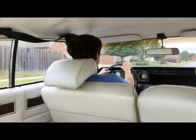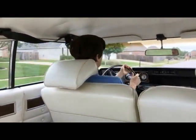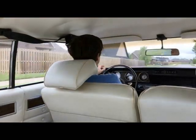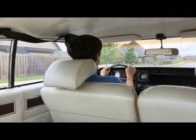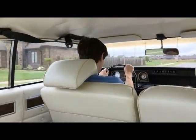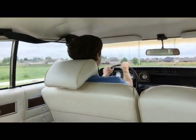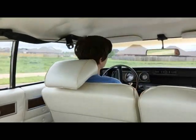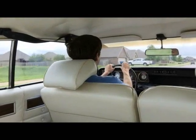Not that I would ever do it, but if I could get another one as a daily driver, I would do it. I would daily drive one of these cars. They're that comfortable. Like, literally that comfortable. Sure, they may be a little squishy around turns and stuff, and they're not as nimble as the cars we drive today, but my word, every time I drive this thing, it's just,